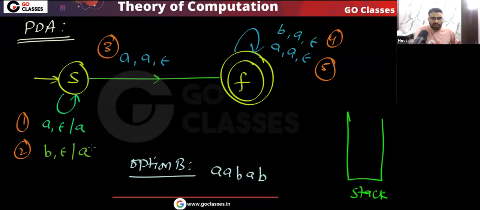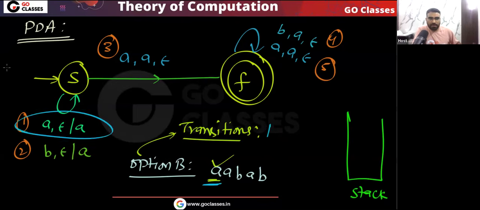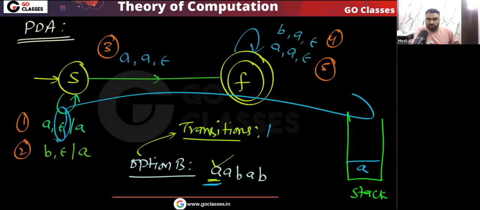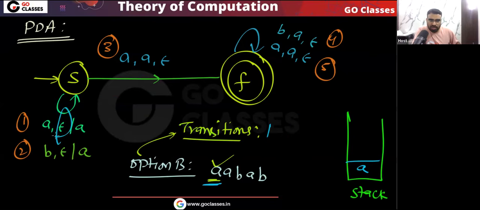Initially, the stack is empty. This is the initial state. Now, what can I do? Very simple. This A I can push. Let me tell you which transitions I will make. For the first A, I will make transition 1, and I will push it. Is this clear? Because what is transition 1 saying? You read A from the input string. On the stack, you don't read anything, without looking at the stack, you just push A. So I'm pushing A. Then for the next A also I can push A.